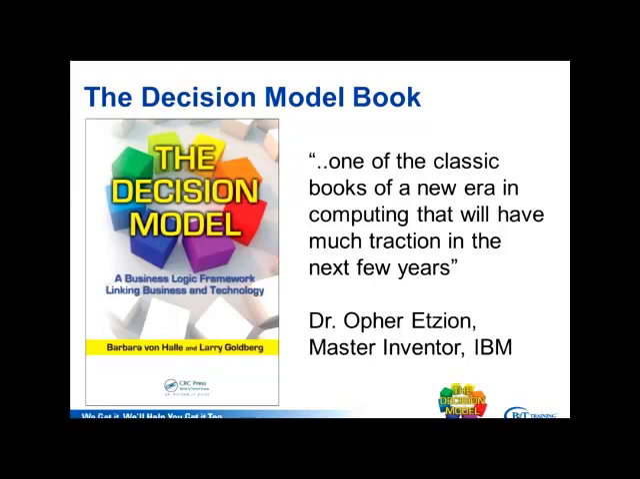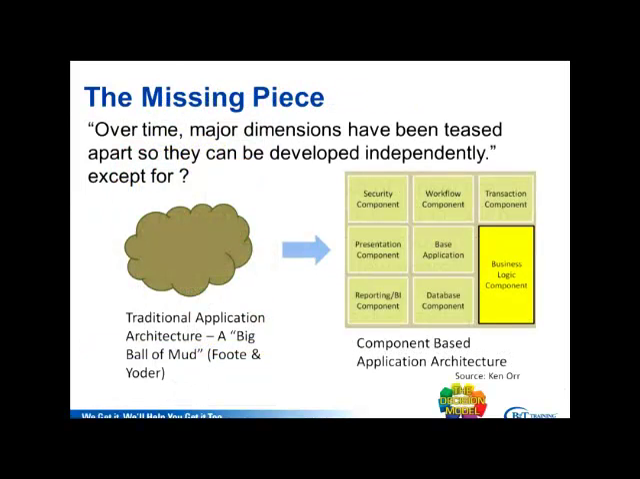And so let me go to the next page, and let me start by explaining why we needed the decision model in the first place. So the title of this page is The Missing Piece. And the quote is from Ken Orr. For those of you who are familiar with Ken Orr, he's been in the industry for quite a long time and very active still. And he said, over time, major dimensions, meaning those that are part of systems and part of businesses, have been teased apart so they can be developed independently, which means we can change each dimension independent